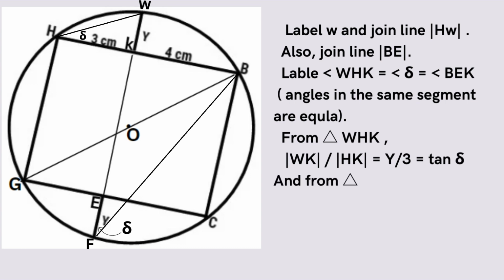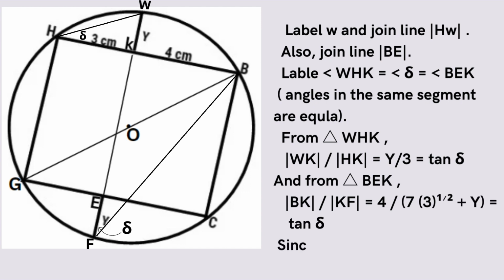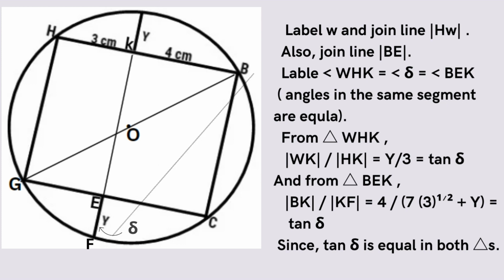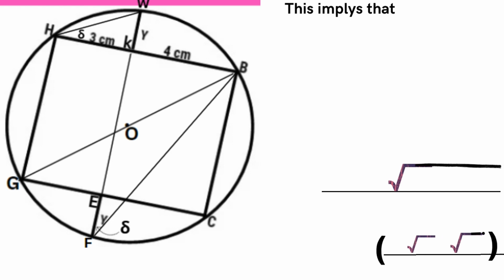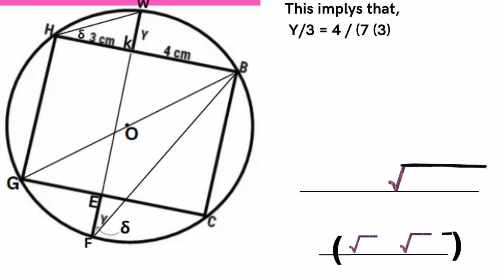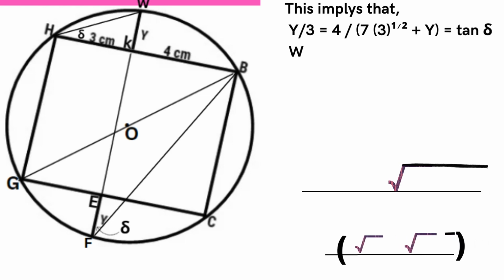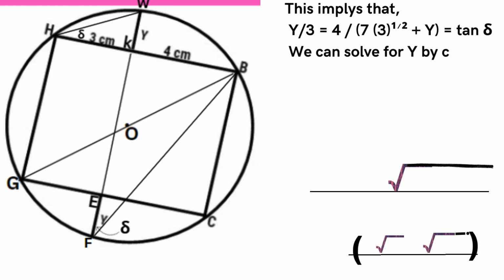the ratio of y to 3 equals tan delta. Also, from triangle BEK, 4 divided by the sum of the product of 7 and the square root of 3 and y equals tan delta, since tan delta is equal in both triangles. This implies that by equating the values of tan delta, cross-multiplying and rearranging terms to one side of the equation,